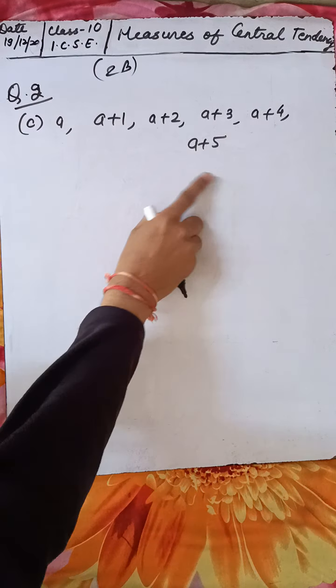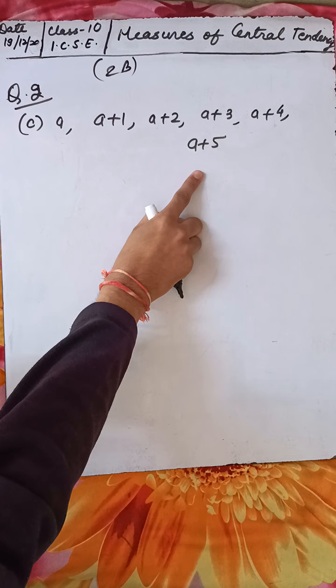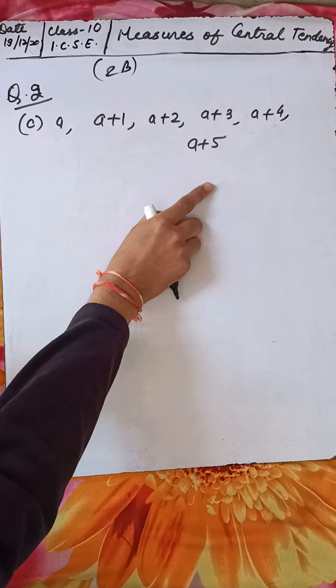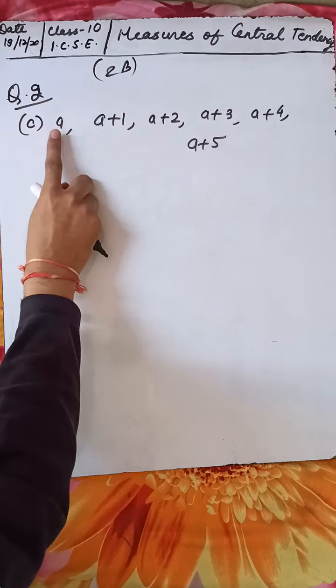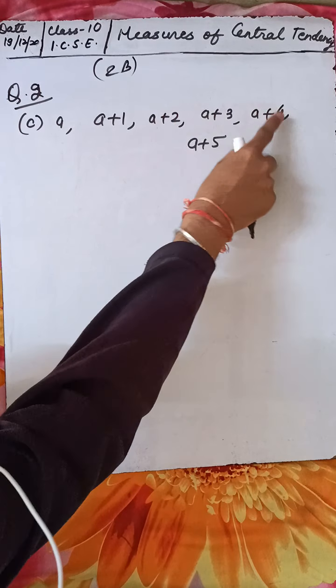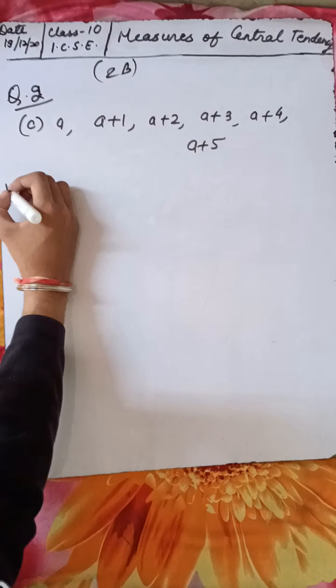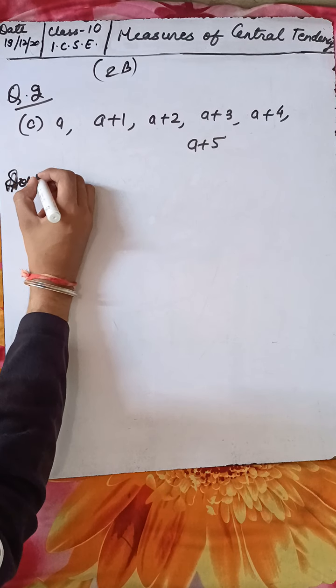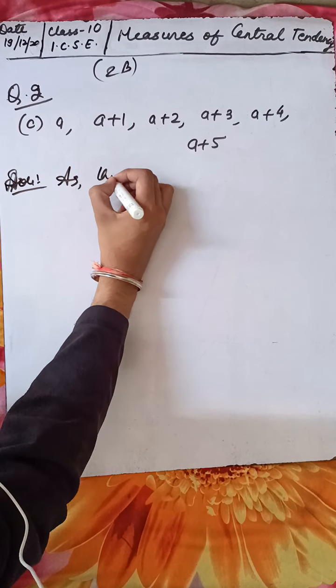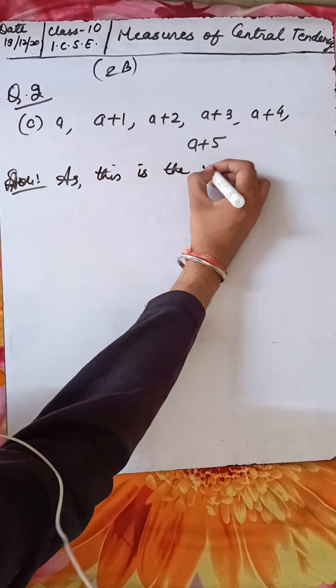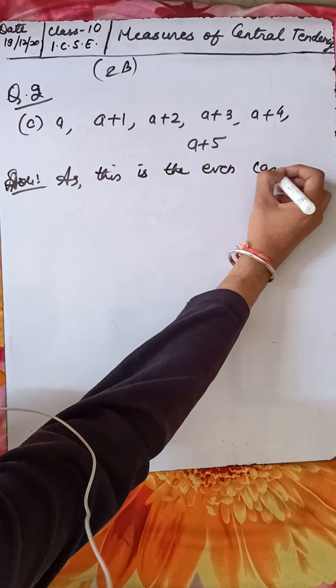I'm doing question number 2, part c1. This is the data and we need to find its median. If I count the data, it is 1, 2, 3, 4, 5, 6. This is an even case. So, solution: as this is the even case,